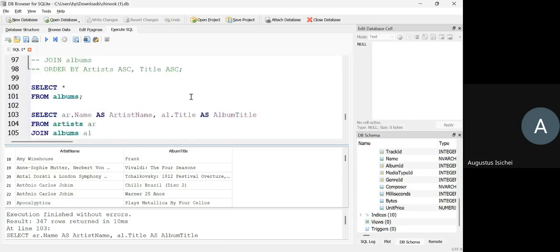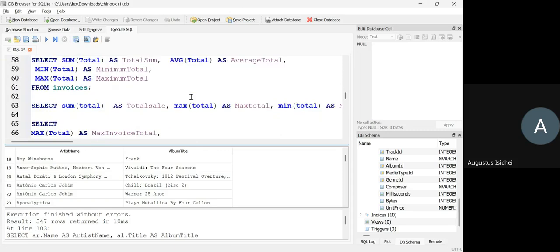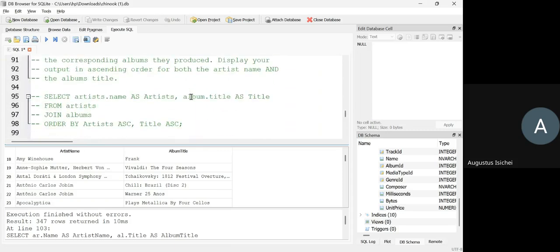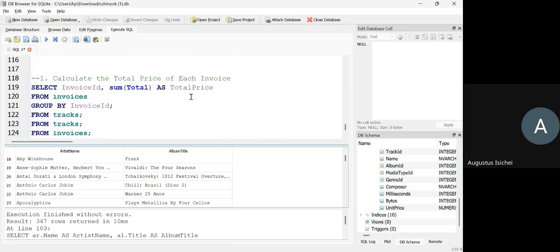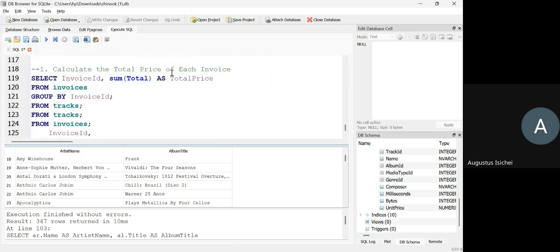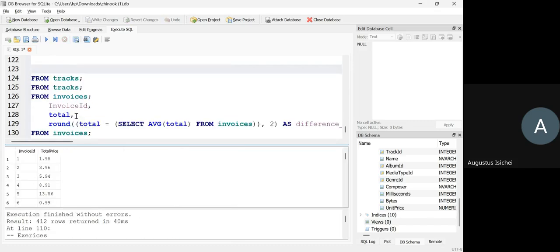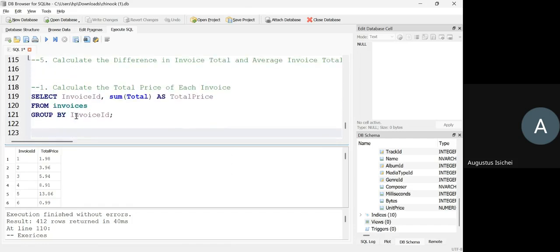So the first one says, calculate the price of each invoice. Select invoice ID, sum total as total price from invoice, group by invoice ID. We did it together yesterday, and that's actually correct. So this is correct. Then the next question says,